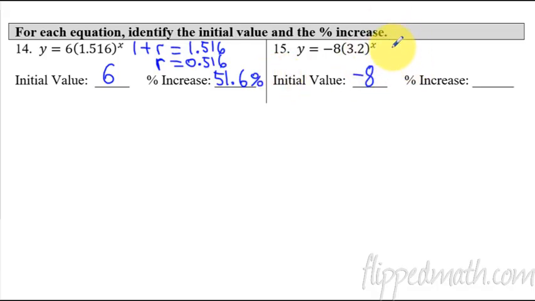We're going to set up that we know that 1 plus the r is going to equal 3.2. So if we know that, now let's solve for r. We subtract 1 from both sides and get 2.2. And so if that's my percent, or that's my rate at which I'm increasing, we've got to figure out what